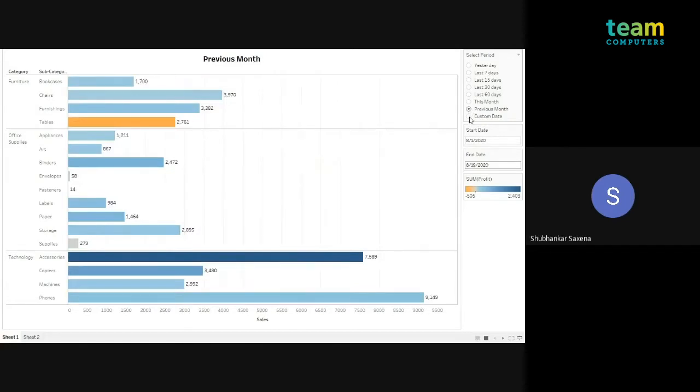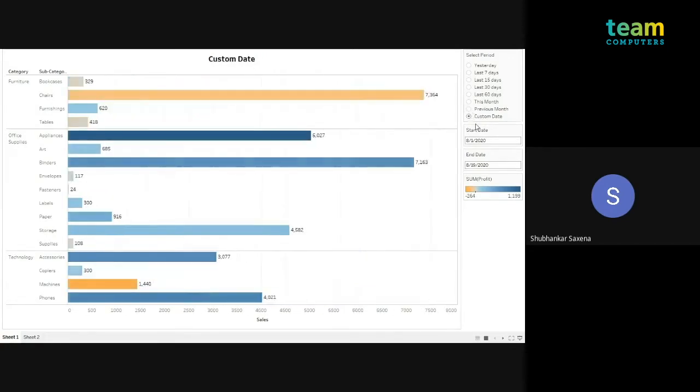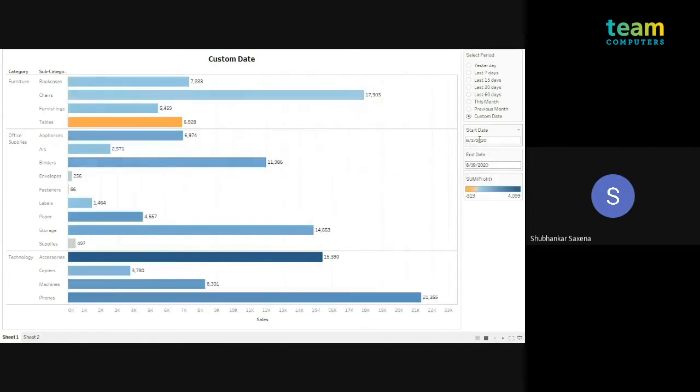And when you select the custom date, automatically our start date and end date parameters get active, and accordingly our visualization will change as per our selection of the start and end date. The point here is we don't want to use our start date and end date whenever we are using any other selection except custom date.